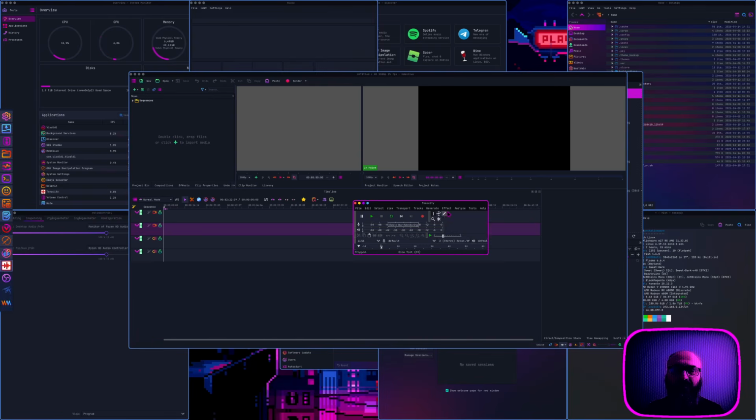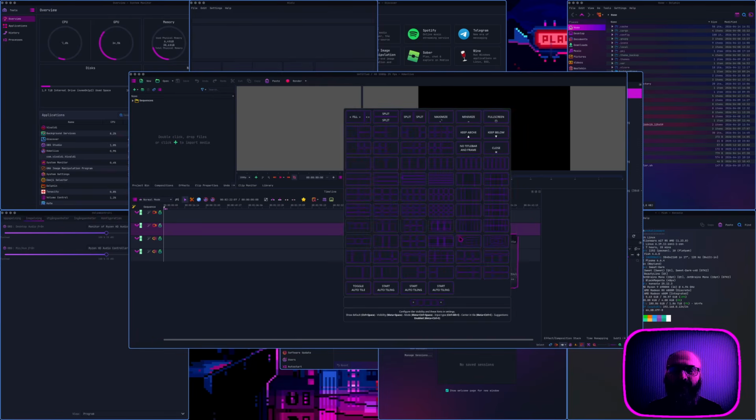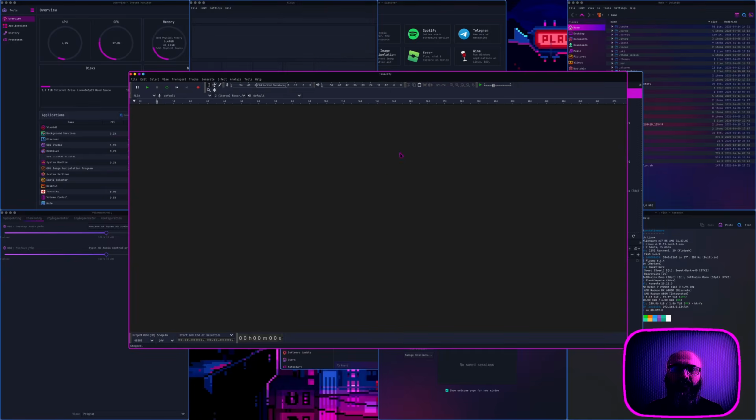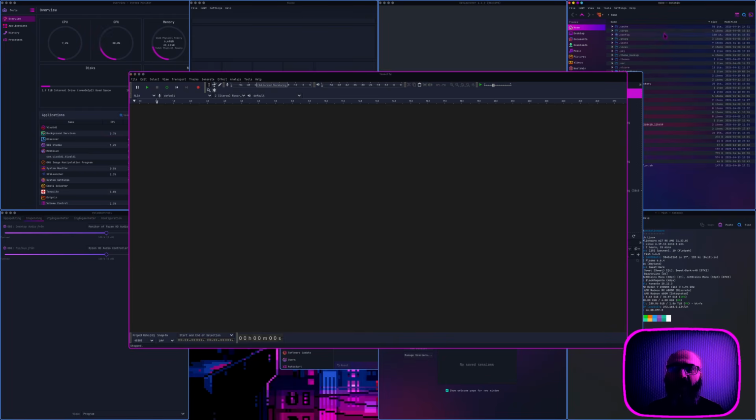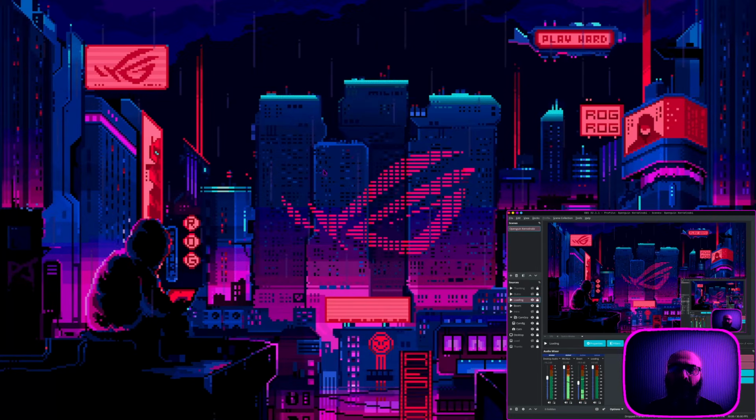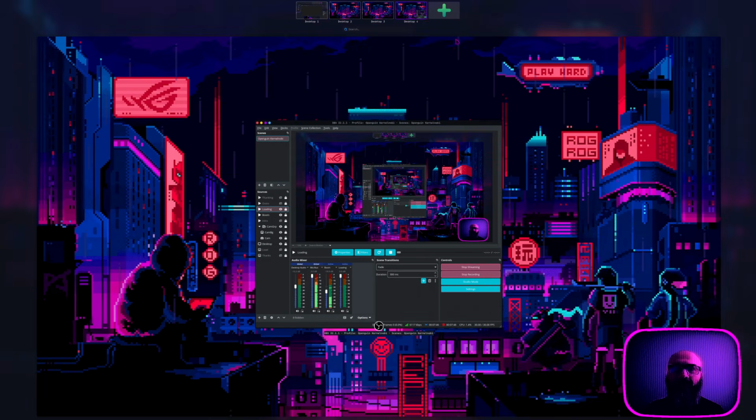Oh, just opened, my bad. So this is good. And then XIV Lancer. Boom. So yeah, as you can notice, all of my apps, let's go to OBS here. As you can see, all of the apps,